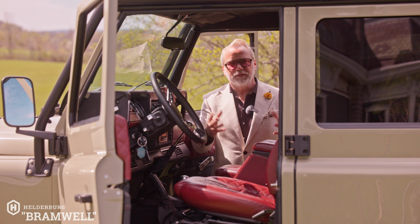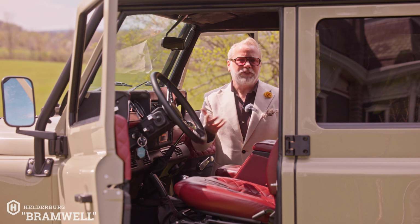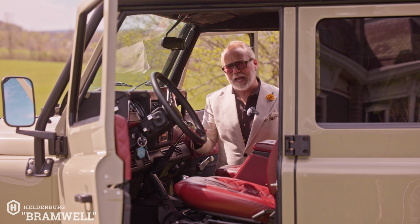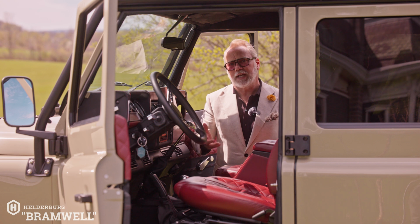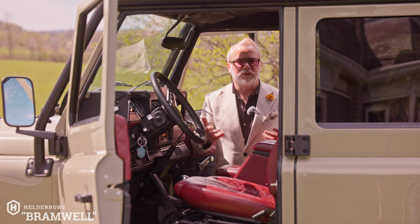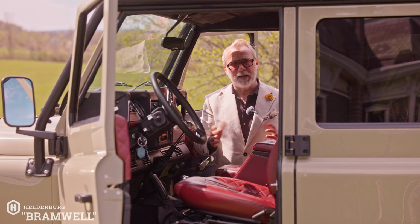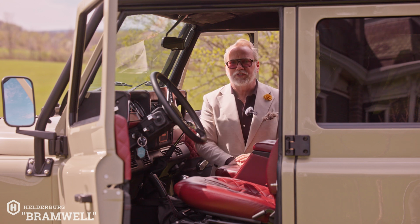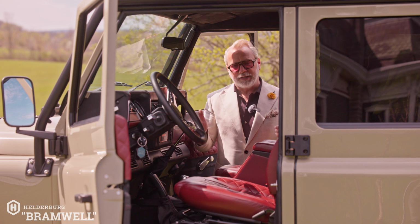This is the type of vehicle, with the suspension, the power of the engine, the design of the seats, the sound deadening, you could take this on a road trip. This could be an all-day driving vehicle where you would get out and still feel fresh. It brings a smile to my face. So that's the interior, that's the exterior. This is Bramwell, and before I